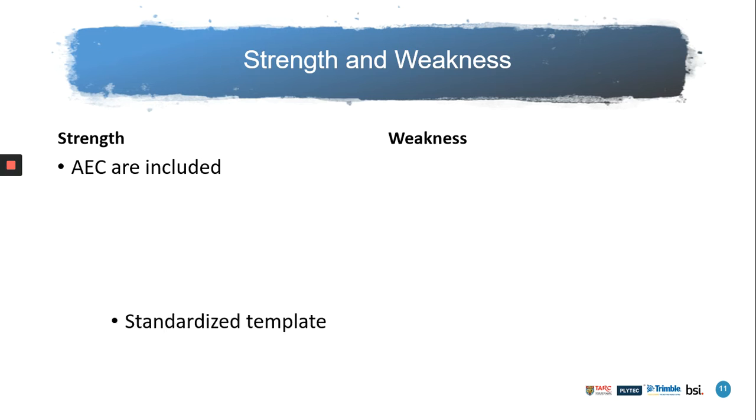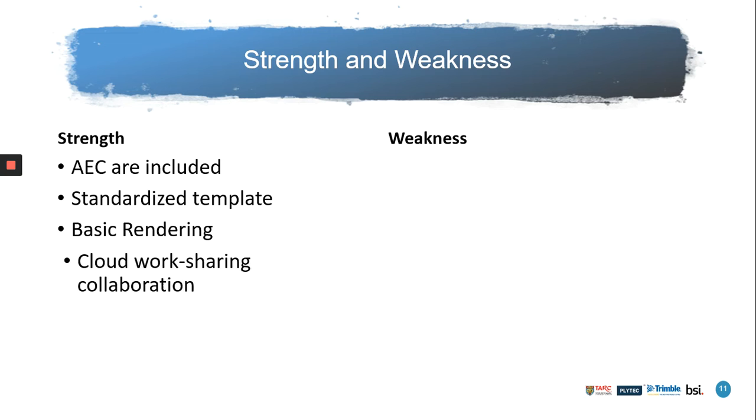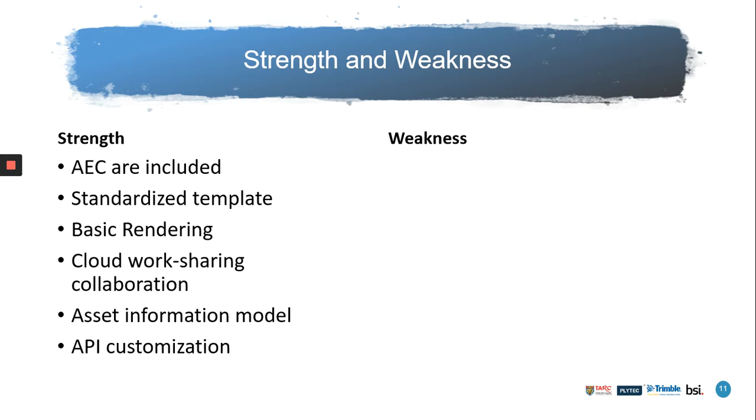So the strength of Revit is the AEC are included. The architect, the engineer, and the consultant, all of them can use the software. And it's a standardized template, means everyone is using the same one. You can do basic rendering with it, as previously you can see. It will be a basic coloring, it will be a cloud work sharing collaboration, and the asset information modeling means